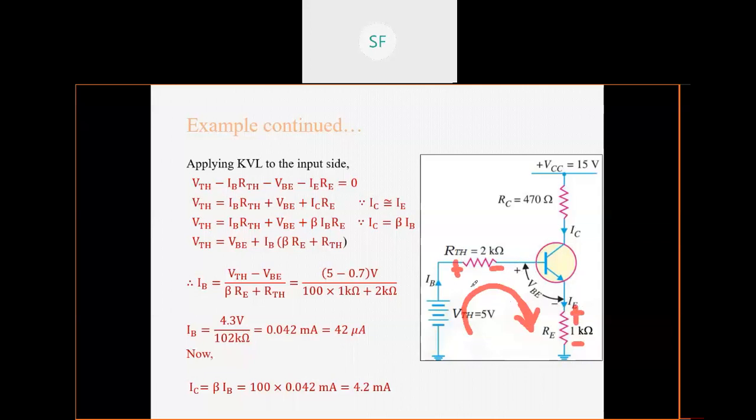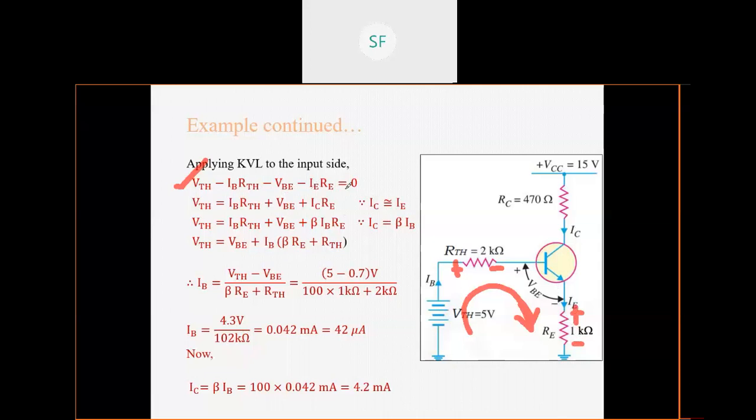Okay. Then once you are done with the polarities, you have to collect all the voltage drops. So here you can observe that first VTH is taken, VTH, minus; next drop is the drop across RTH. The current flowing through RTH is IB and the resistance value is RTH, so this drop becomes minus IB RTH. Next drop is minus VB, and the last one is IE RE, so here it comes minus IE RE.